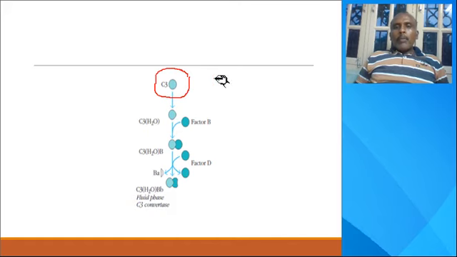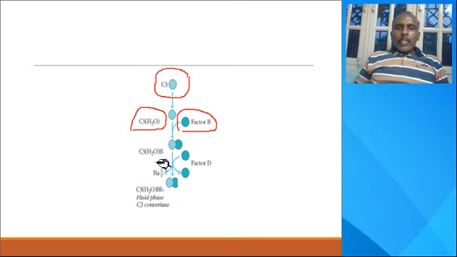The C3 complement protein is attached to a water molecule, so it is termed C3H2O. Then factor B, which is a protein, is attached to the C3H2O. Then factor D comes into function. Factor D is a protease, so factor B is more prone to cleavage. Factor B is easily cleaved.